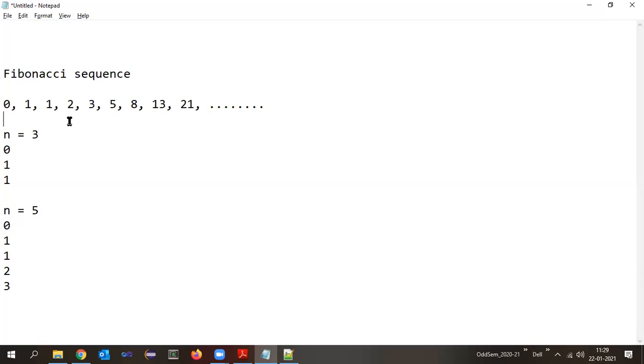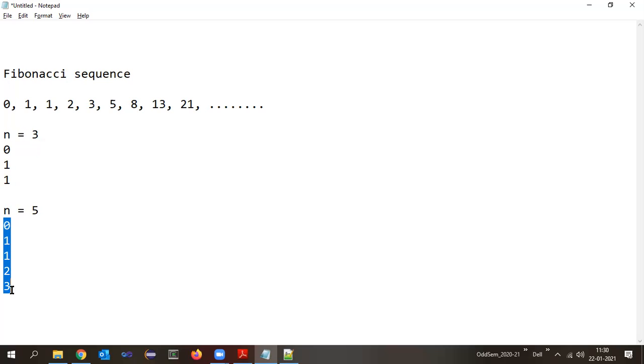Let me put it once again. Now assume that I want to print the first 5 Fibonacci numbers. Pay attention. I have to print the first 5 Fibonacci numbers. I know my last number, that is, the 5th Fibonacci number I have to get. But here the problem is how do I identify the initial value for the for loop? Okay, now I also know that these are the first 5 Fibonacci numbers: 0, 1, 1, 2, and 3.